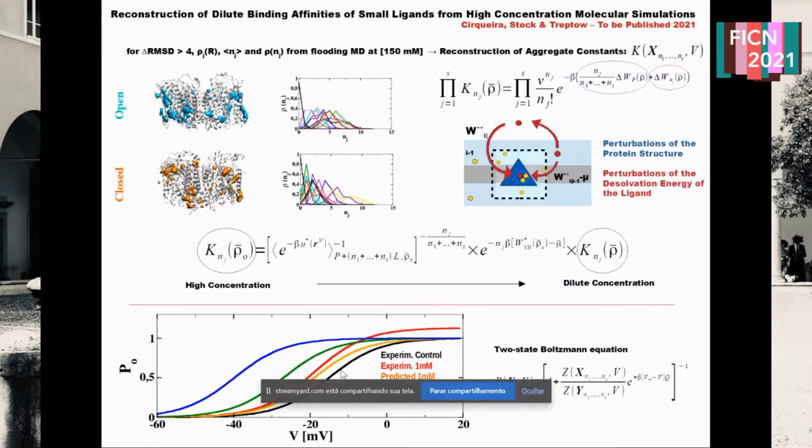And again, I show you here the experimental curves in black and red, which are the curves obtained by Covarrubias at 1 millimolar concentration. And in orange, green, blue, our reconstruction from high concentration. And now we have a better agreement with the experiments, where the leftward shift may be recalculated between 1 to 10 millimolar concentration. So again, this appears to be in better agreement with experiments and appears to support our docking and free energy calculations. But what about a negative control?